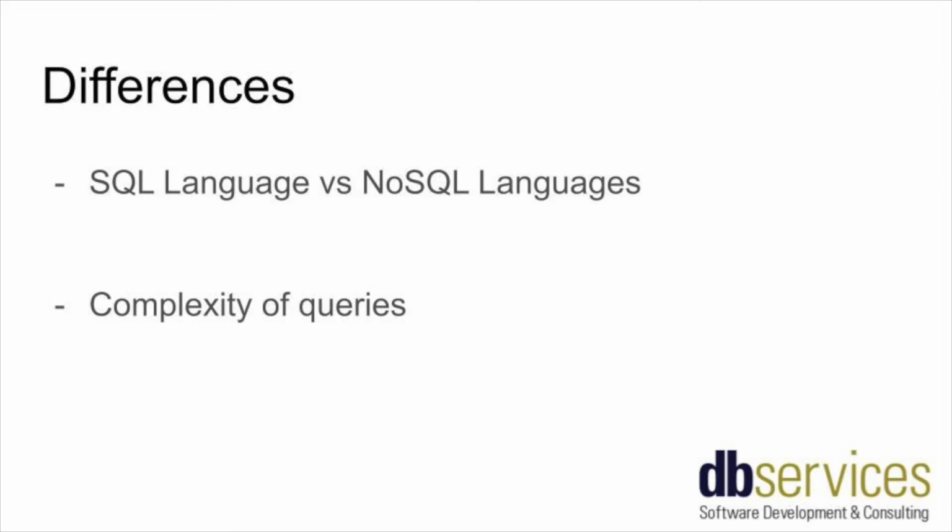Non-relational or NoSQL databases, on the other hand, do not have a standard querying language. For example, querying in DynamoDB versus MongoDB will be different, and you would have to relearn how to query when switching between the two. Another difference between the two is the complexity of queries that can be performed. SQL is great for more complex queries because of the rigid structure and schema. SQL is also better suited for multi-row transactions. NoSQL queries are better used for querying large amounts of unstructured data.